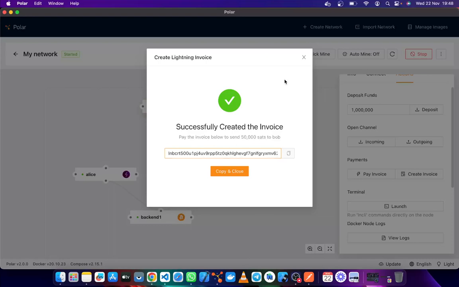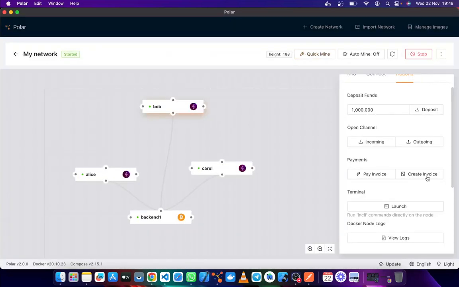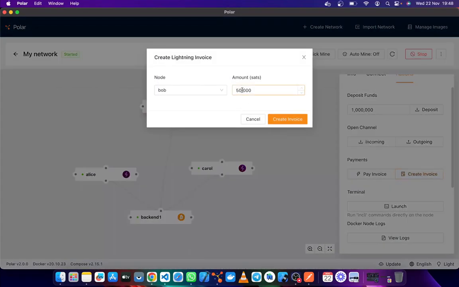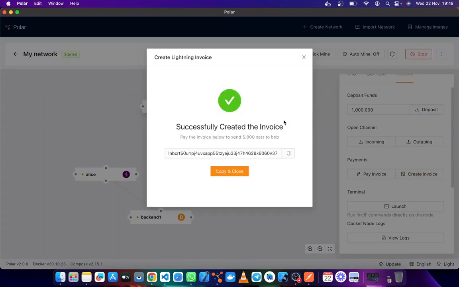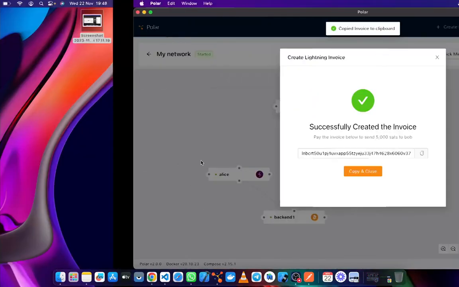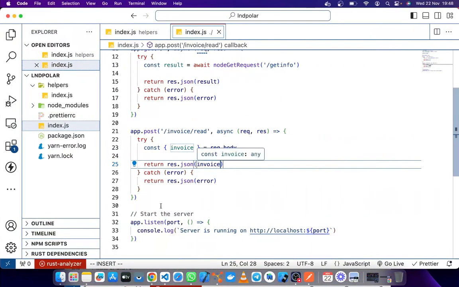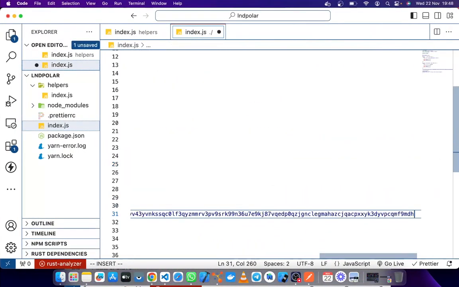So I don't know. I think I created a very big invoice, but I'm going to try and test with something like 5K. So I'll create an invoice of 5K and copy that to the clipboard.